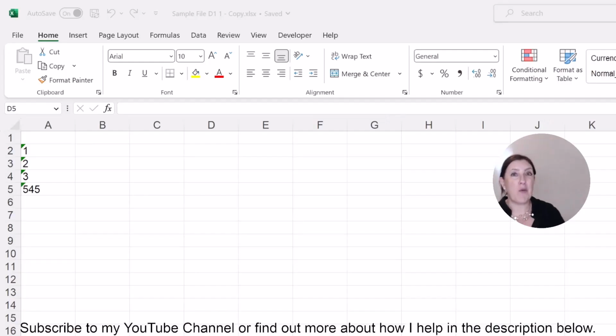Hi and welcome. I wanted to show you 5 quick Excel tips to make your life easier when you're doing work with data analysis. So you're bringing data in from another platform into Excel and then you need to manipulate